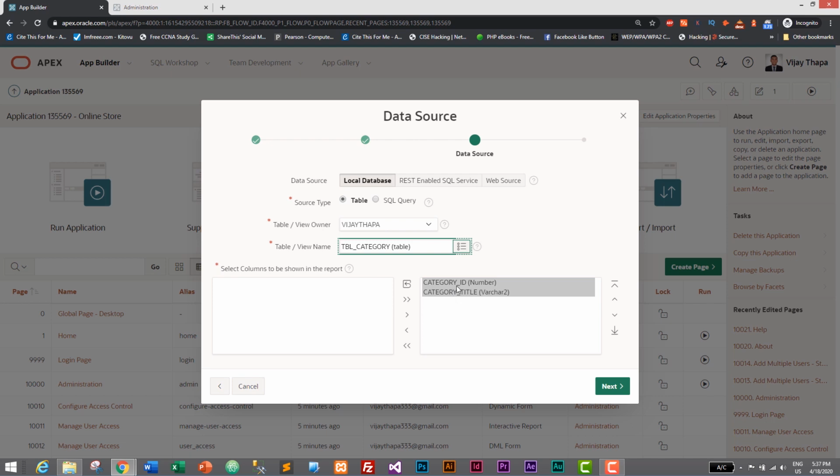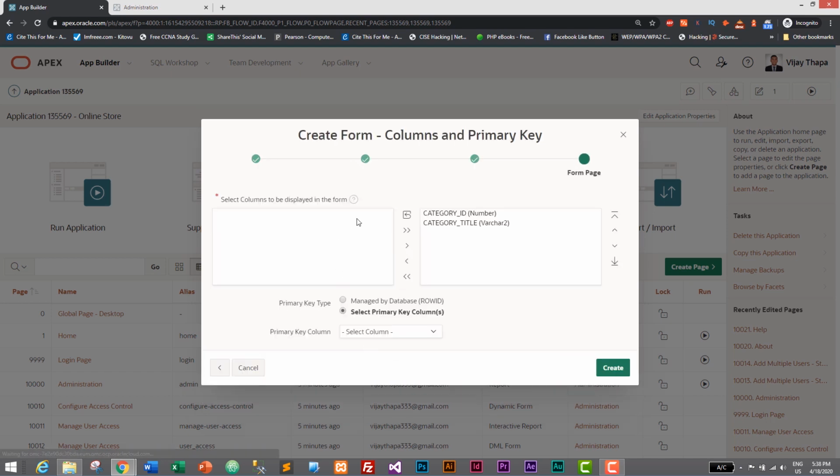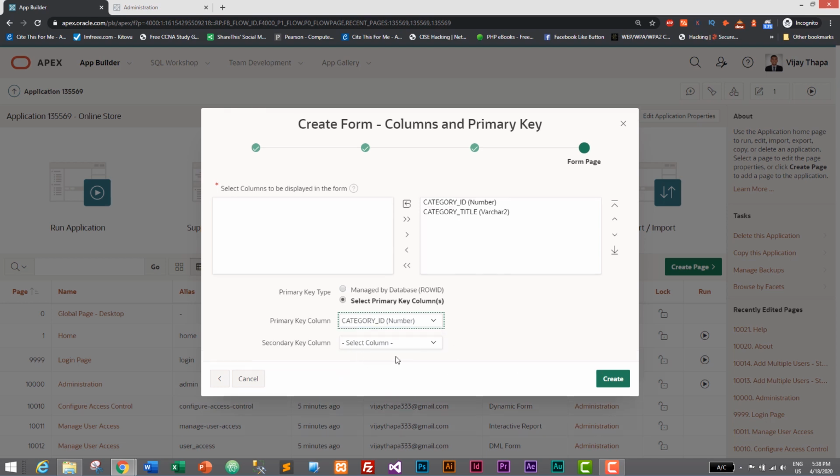Here we have two fields, category ID and category title. Let's go with next and select our primary key column. The primary key is category ID, and we don't need to give a secondary key column. So let's click on the create button.